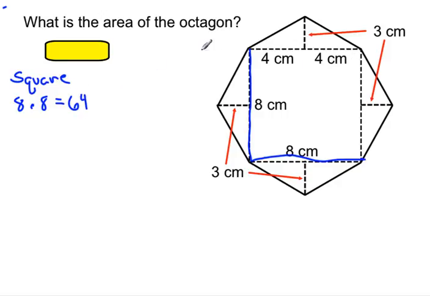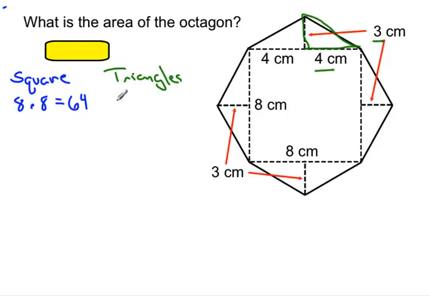Now what we want to do is deal with the triangles and find out the area of all those triangles. And we can see that we actually have 1, 2, 3, 4, 5, 6, 7, 8 triangles, but we really only need to find the area of one triangle. So what I'd like to do is I'm just going to grab up this triangle right here and establish my base and height from it. All right, so my triangle, okay,